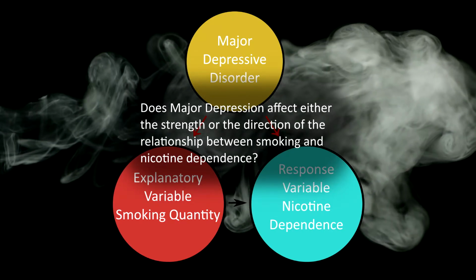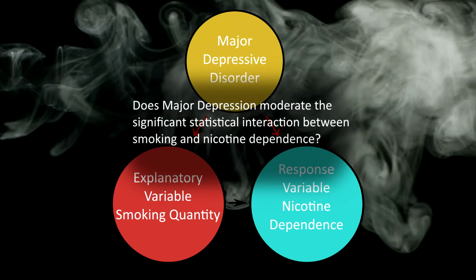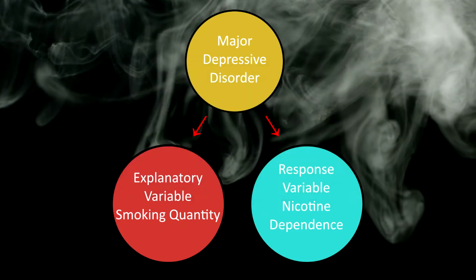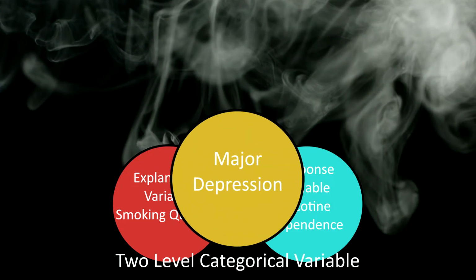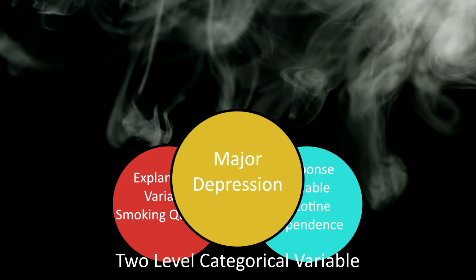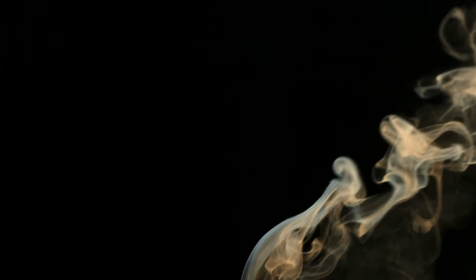Put another way, might a third variable moderate the relationship between smoking and nicotine dependence? Is smoking related to nicotine dependence for each level of this third variable? That is, for those with major depression and for those without major depression. Similar to our ANOVA example, the syntax to be added to the chi-square command we would otherwise run is a